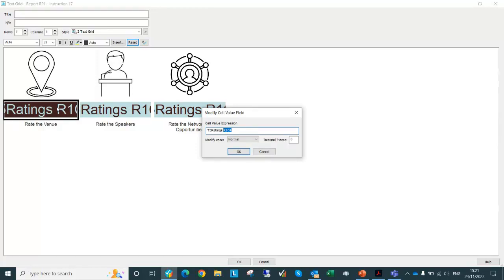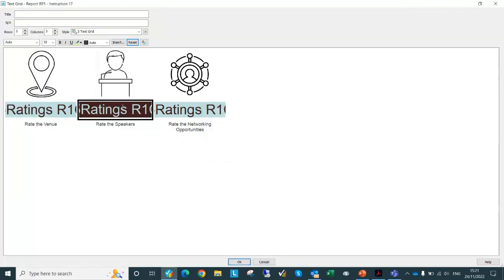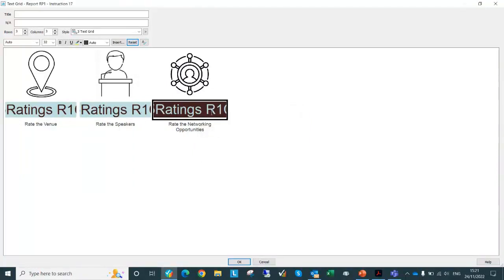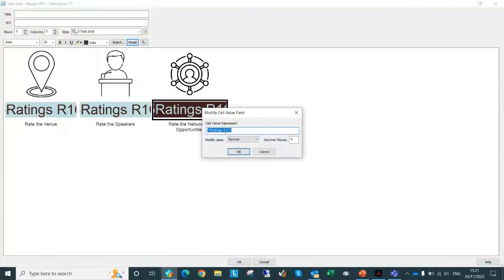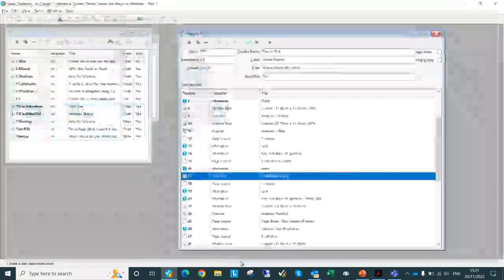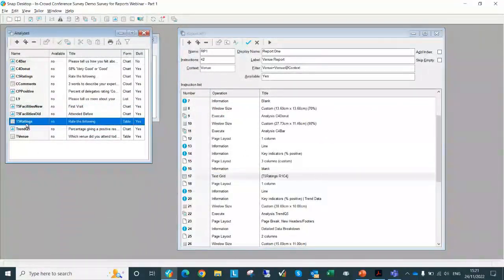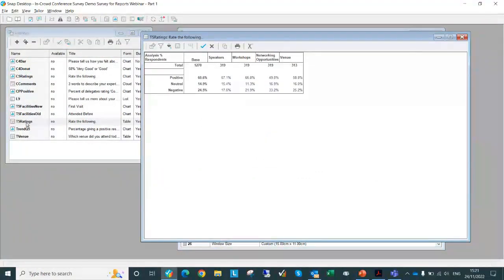So I'm just going to go and have a quick look at this table. So T5 ratings, you can see that one's looking at column number 4, the middle one is looking at column number 1, and the last one is looking at column number 3. But it's all coming from a table called T5 ratings. So there's my table. If I double click on that one. So I said, not a particularly pleasant table to look at, but no one's ever going to see this. If I go into the properties of it,